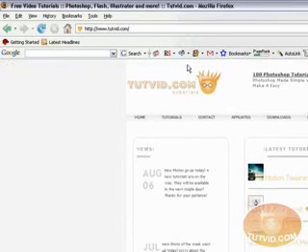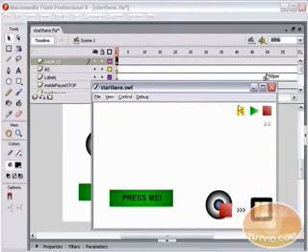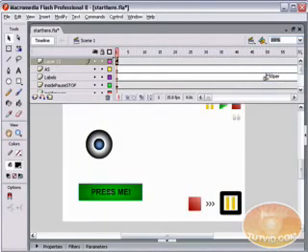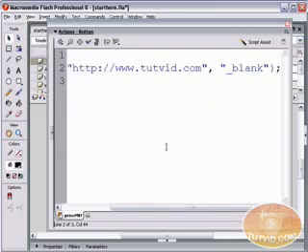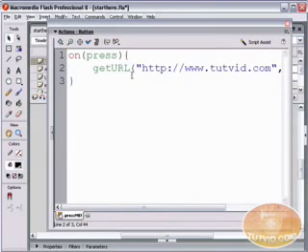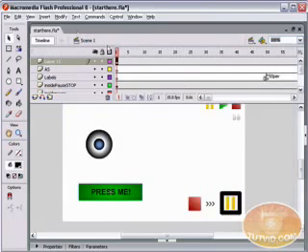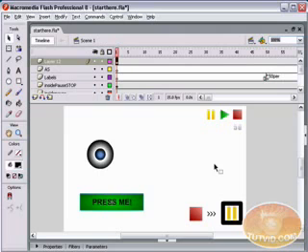Okay, so let's get back over to Flash. That's how that works. You can use that in a huge amount of ways. Go get websites, other pages of your website if you're using your Flash file in your website in some sort of way. It's a really cool feature and definitely something you ought to know how to do here in Flash. A couple other little things you can do using ActionScript are, I should say,